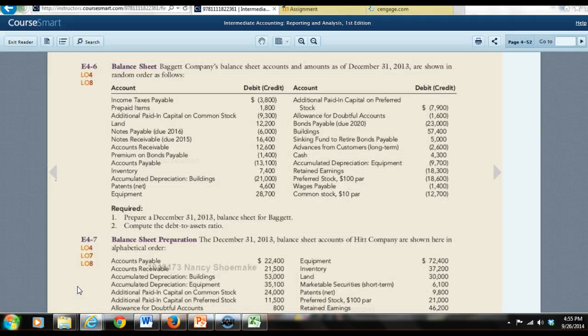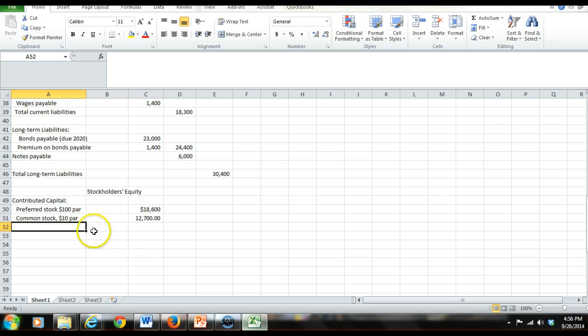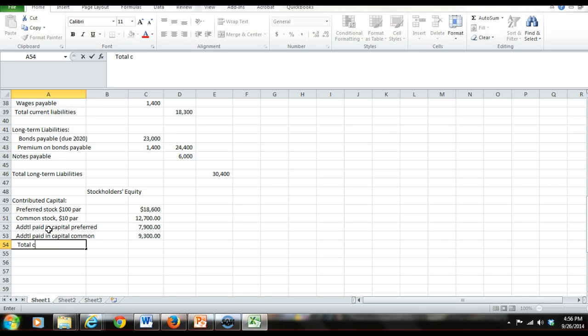Next, let's take a look at this. We have the additional paid-in capital on preferred of $7,900, and we also have additional paid-in capital on common of $9,300. So we will add to that additional paid-in capital preferred of $7,900 and additional paid-in capital on common, which will be $9,300. So our total contributed capital will list as